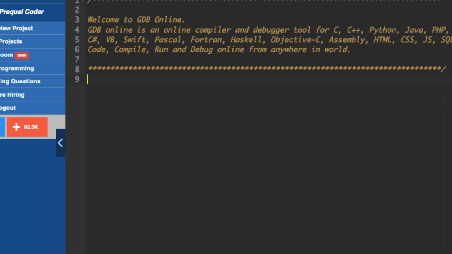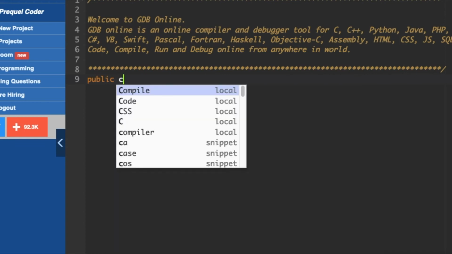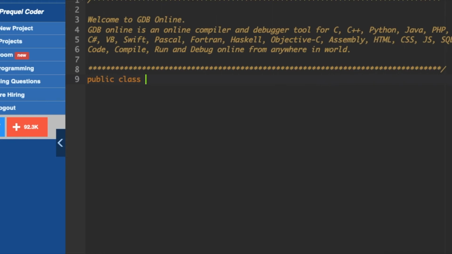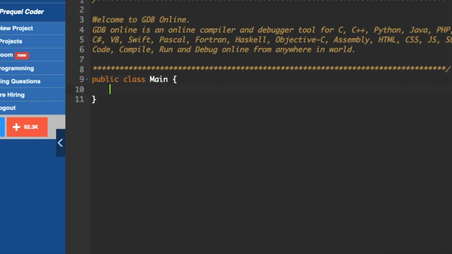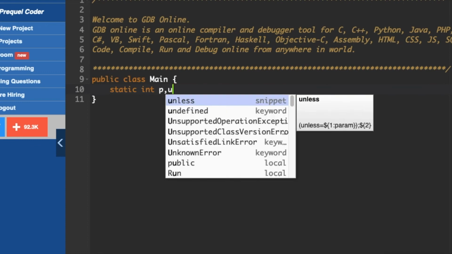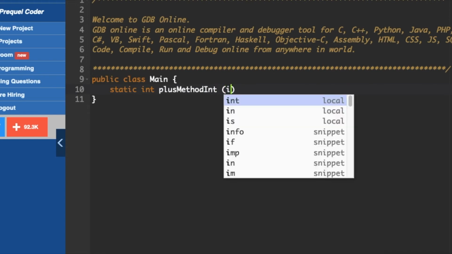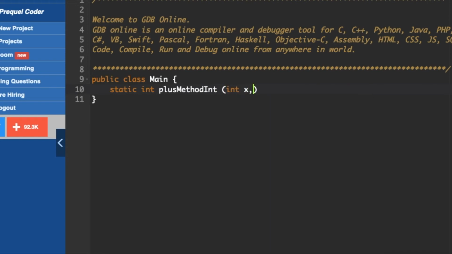So let us just start writing the code now. I want my code to be public class main. So I have started my declaration here. Now I want to declare a static int plus method int, int x comma int y.